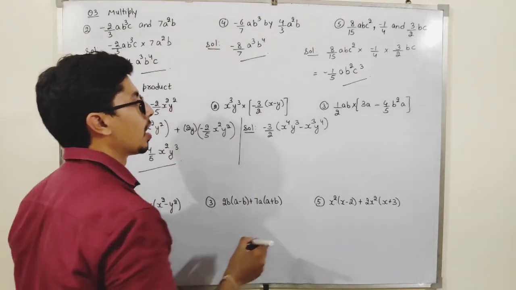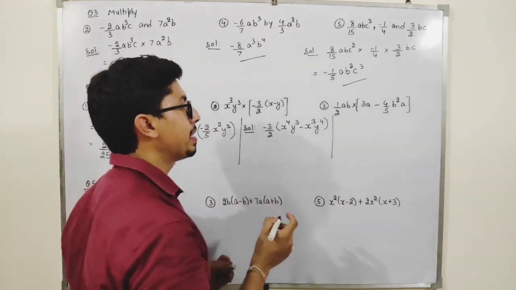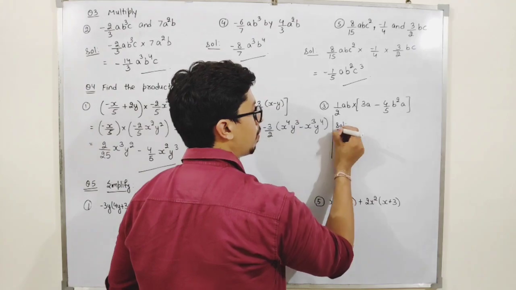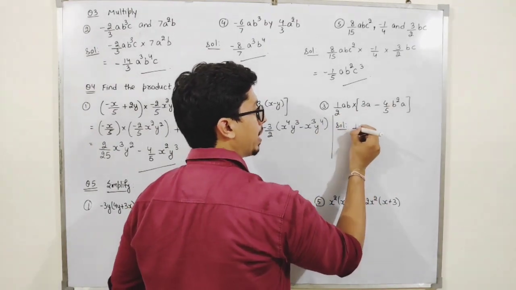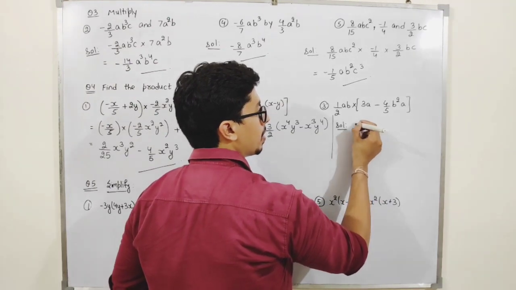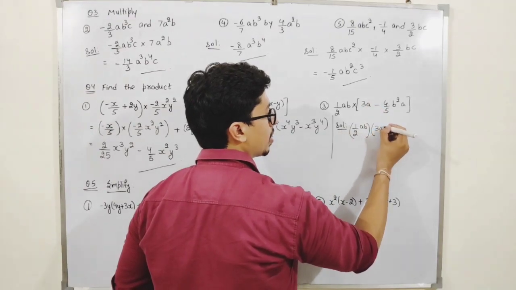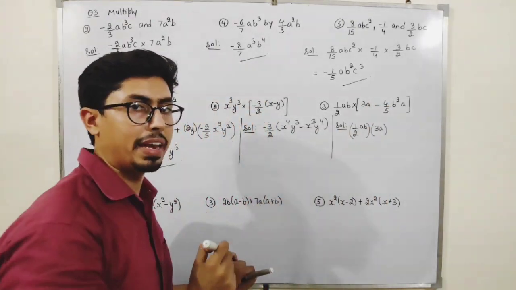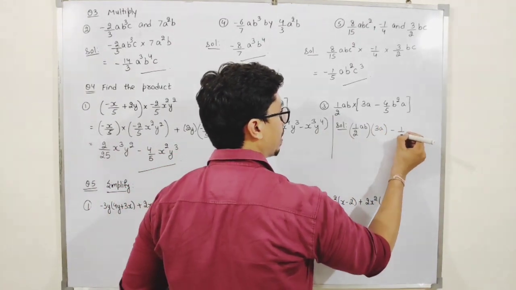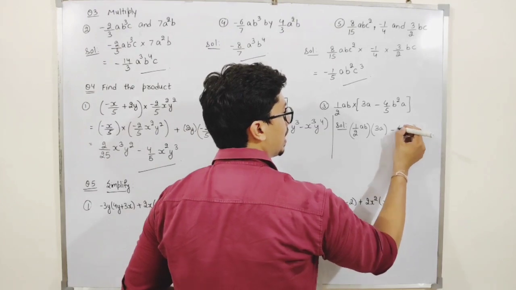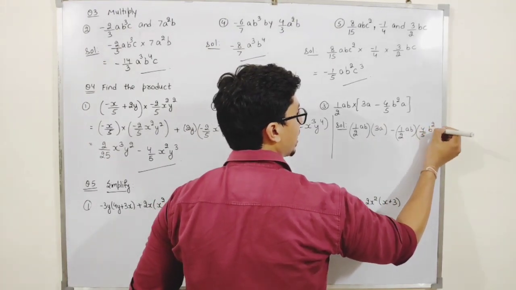Okay, students. Now, students, in the third part, I have to multiply these two. So that means what I have to do? Multiply this by this and multiply this by this. So 1 by 2ab multiply this by 3a. In middle we have negative sign, so put negative sign and multiply this by this also. So 1 by 2ab multiply this by 4 by 5b square.